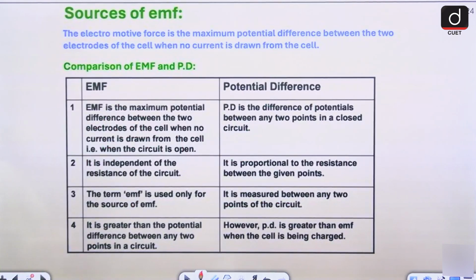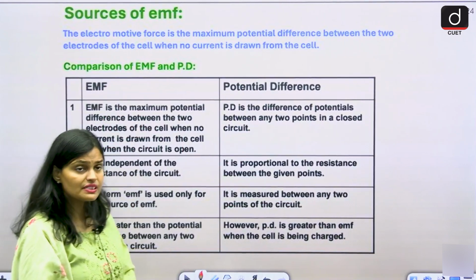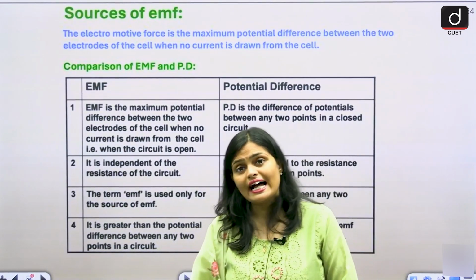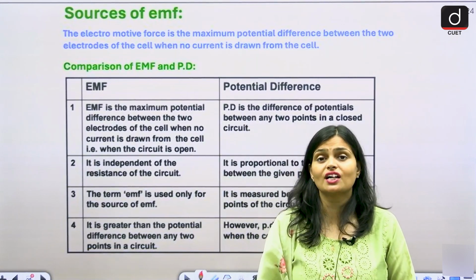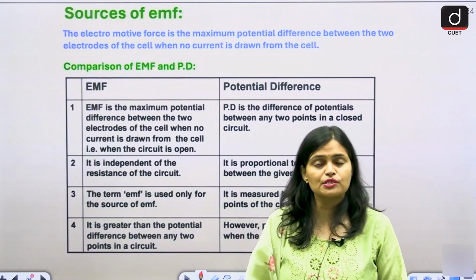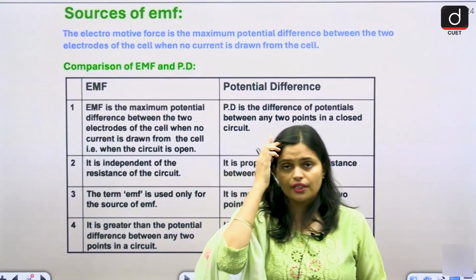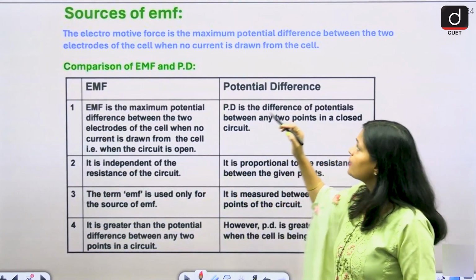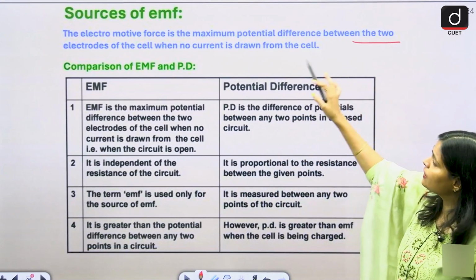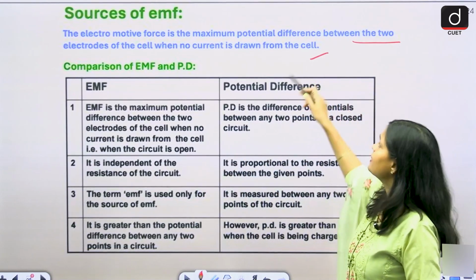Now the sources of EMF, right? What are the sources of EMF? EMF is the electromotive force. Electromotive force is that force due to which the charges start moving. ठीक है, जैसा मैंने कहा था कि भाई चार्ज अपने से तो मूव करेगा नहीं, उसको कुछ चाहिए होगा ना, एनर्जी. सो द इलेक्ट्रोमोटिव फोर्स इज दैट मैक्सिमम पोटेंशियल डिफरेंस बिटवीन द टू इलेक्ट्रोड व्हेन नो करंट इज ड्रॉन फ्रॉम